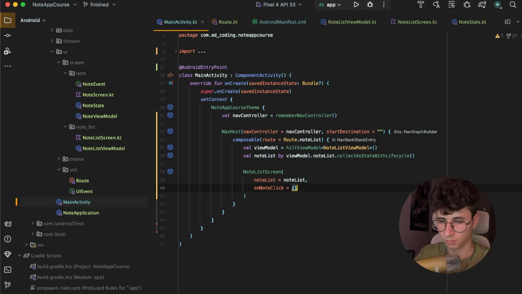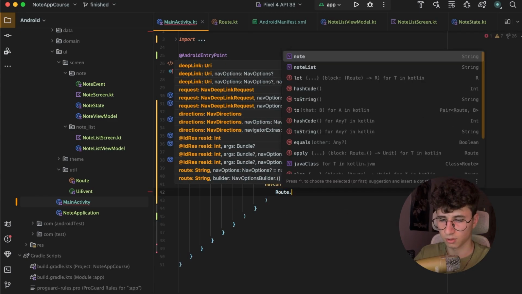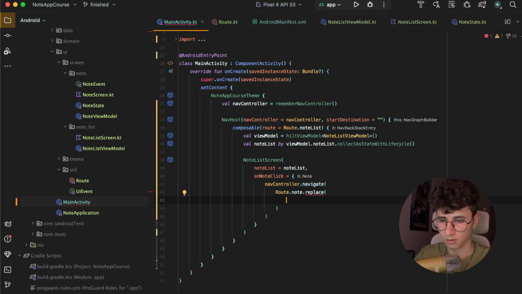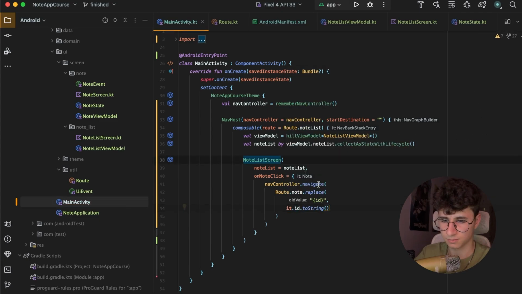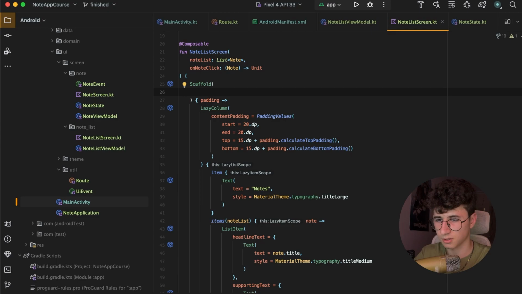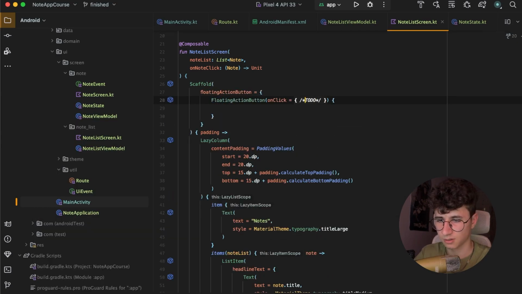and let's format the code and open a block here, and let's say navController.navigate, and let's say Route.Node.replace, and now we will replace the ID that is in curly braces with it.id.toString. Now I remember that I forgot to say that the node list screen scaffold has a floating action button, and oops,